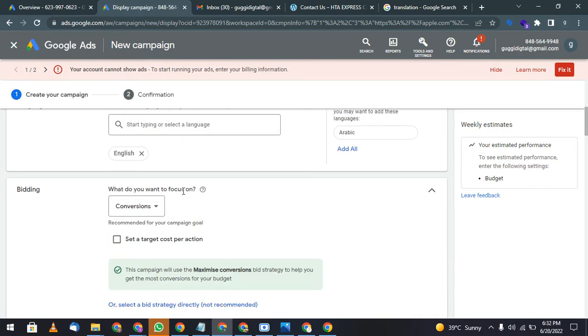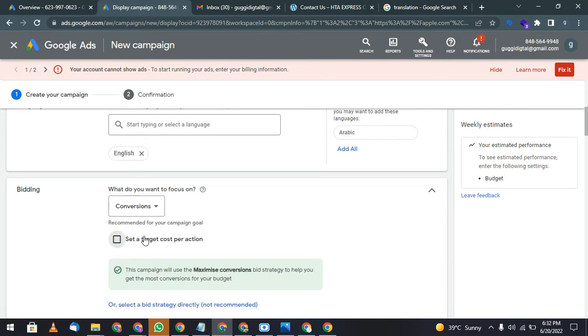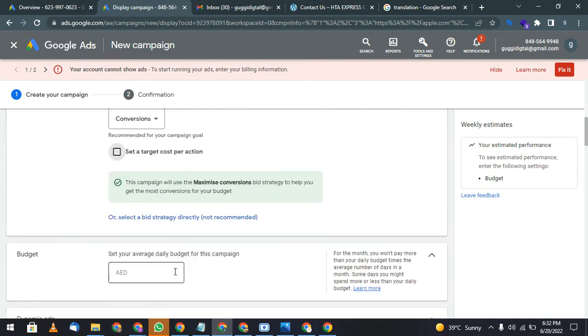Bidding conversion. Now in this one the conversions will be at a very cheap price, like 0.01, 0.02, something like this. It will be really very cheap. So in 10-20 dirhams you can reach a lot of users. Okay, so set a target cost per action you want to target, but I don't suggest, don't target this one, leave it open, Google will optimize it accordingly. Give your budget,